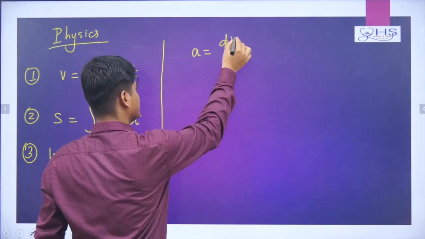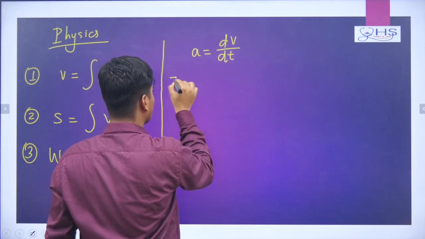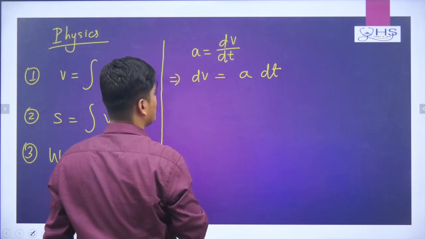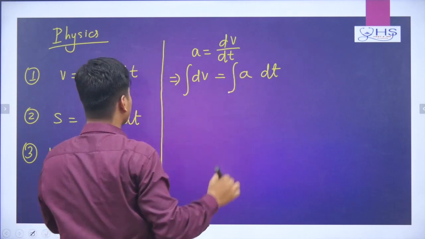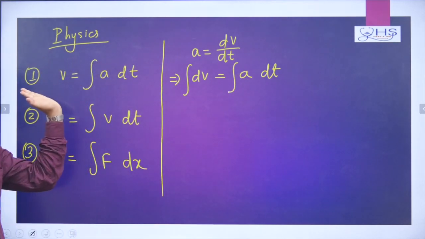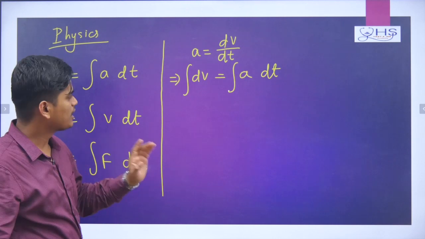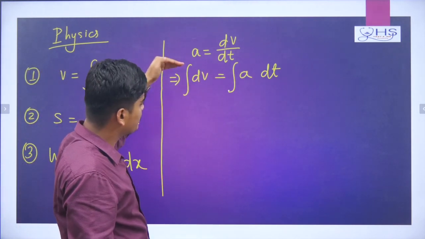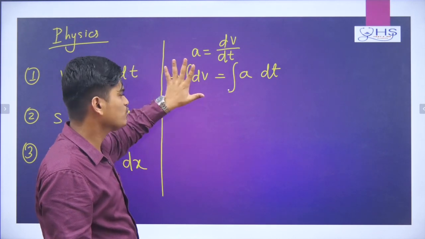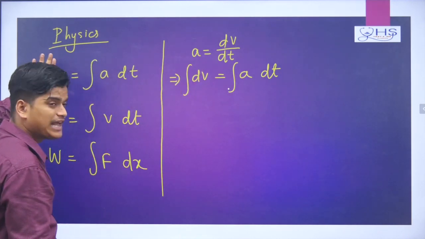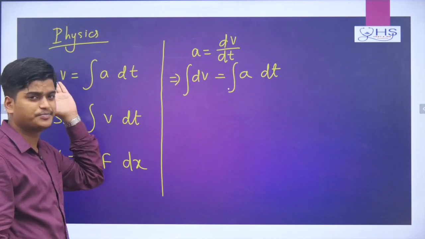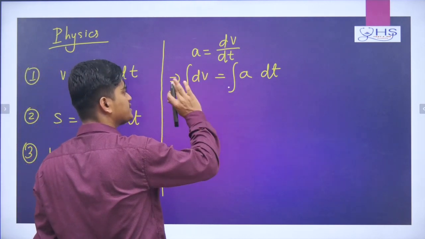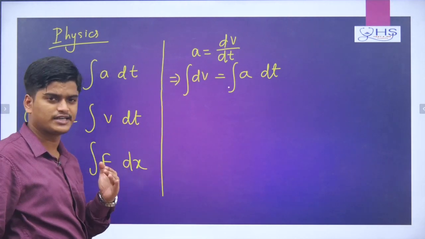Already you know acceleration is nothing but dv by dt. Now from here, if you want to find dv, that is nothing but a dt. Now if you take integration, then you will get velocity equal to the integration of a dt. Now remember, there is some lower limit and upper limit. So in a question, if the upper limit and lower limit are given, then you write them here. Here I have just normally written velocity or speed is nothing but the integration of acceleration dt. Okay, but if upper limit and lower limit are given, you can write them. We will see that in questions.